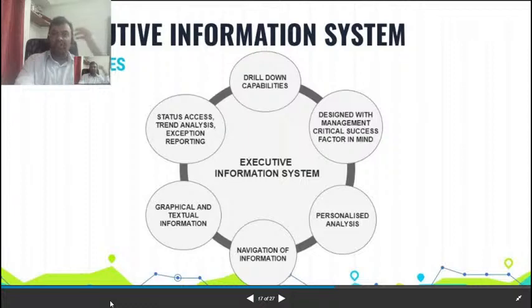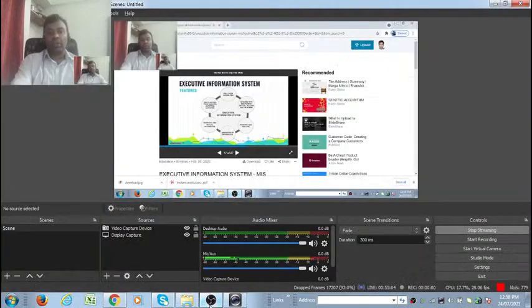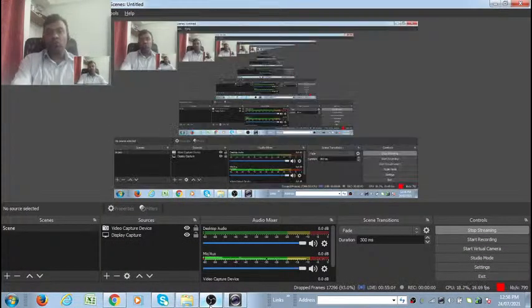Okay, features of EIS, again something which we have already discussed. Drill down capability, like you can apply multiple filters at different levels. Design with management critical success factors in mind. Personalized analysis, navigation of information, graphical and textual information, okay, status access, trend analysis, exception reporting. So there are different kinds of data which you get through EIS, which will help you ultimately to make a decision. Okay. So with this session, we have understood what is EIS, what are the different levels of decision